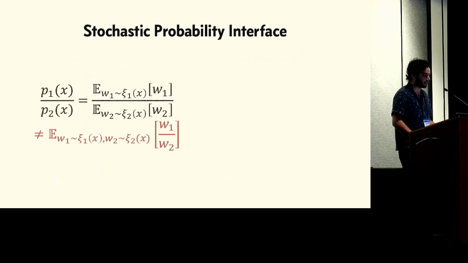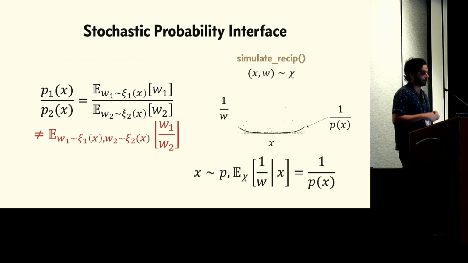The reason is that, as I mentioned earlier, we often need to compute ratios of probability densities. And if I just get two unbiased estimates of two different numbers and then I divide them, that does not give me an unbiased estimate of the ratio. So dividing introduces bias. We can't just push this division inside of the expectation operator. This is what motivates the second method of the interface, simulate with reciprocal weight. This method takes no arguments. It's sort of our version of sample.